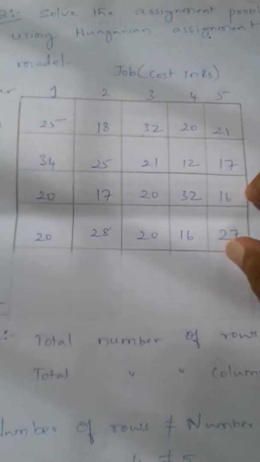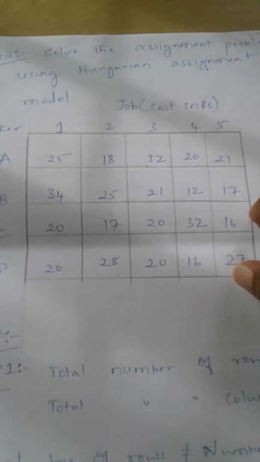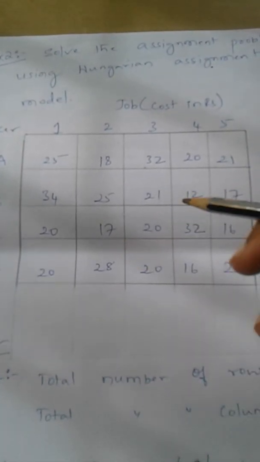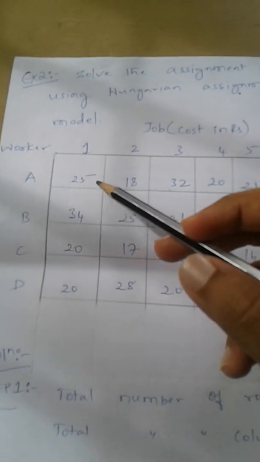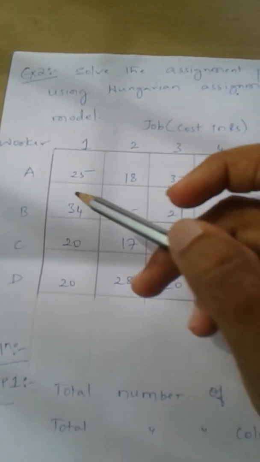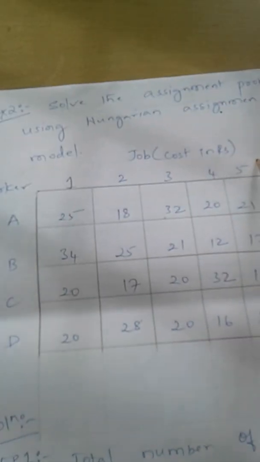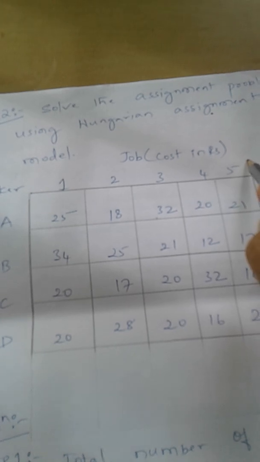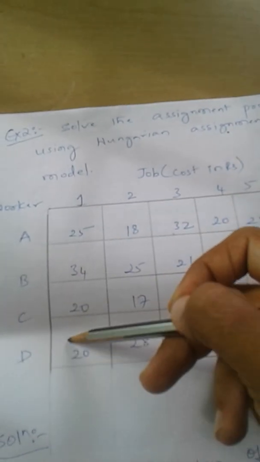Yes, hi everyone. So we'll try to see a similar type of example of assignment theory. The only difference between the previous problem and this problem is that there are four workers, and this time there are five different works to be completed, five different activities. Now the question is which work has to be allotted to which worker.